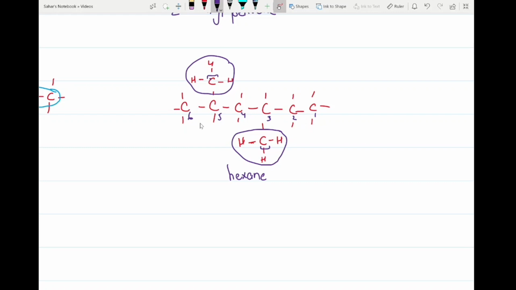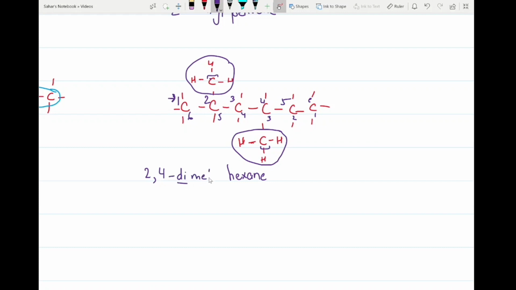So if I consider it this way, it would be 3, 5. But if we consider it this way, it would be 1, 2, 3, 4, 5, 6. So if I number the carbons according to this, my side chain methyl groups are falling on 2, 4